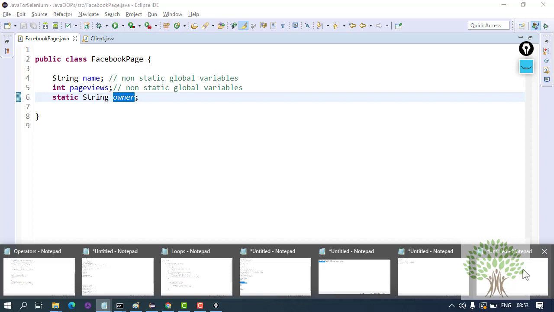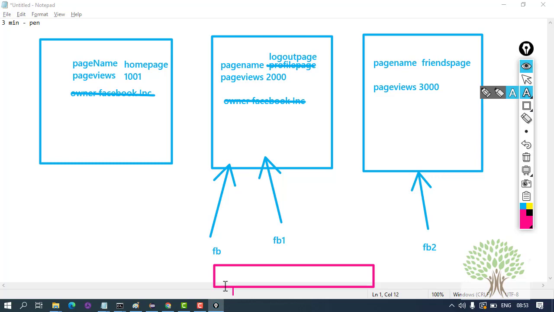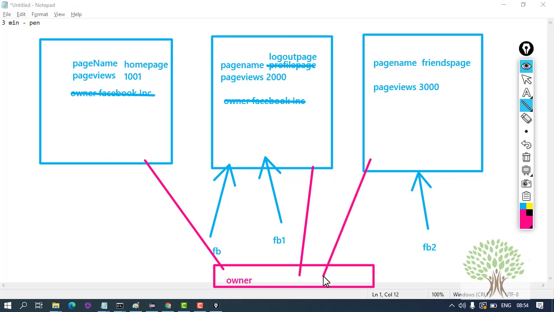This variable will be somewhere in the memory, lying maybe in its own area, somewhere over here, owner, right, this variable owner, and this will be common for all the three objects.